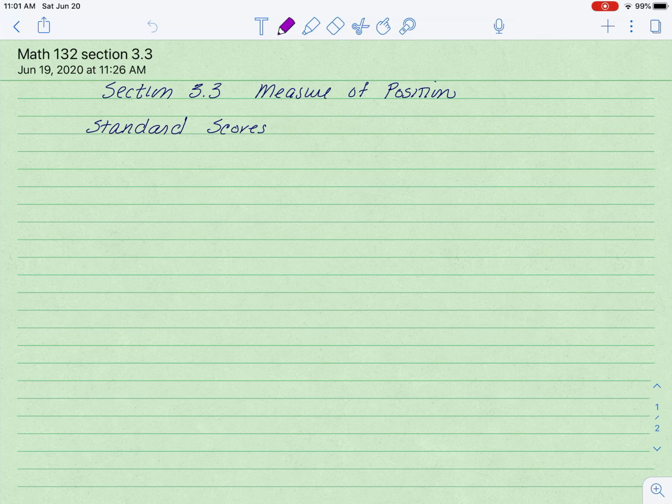Okay, we're in section 3.3, measures of position. And the first thing we want to talk about are standard scores. A standard score is what we call a z-score. So a z-score, or standard score